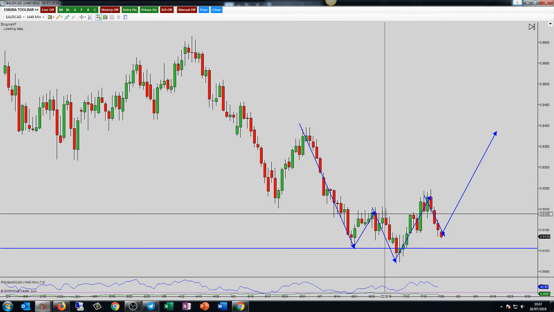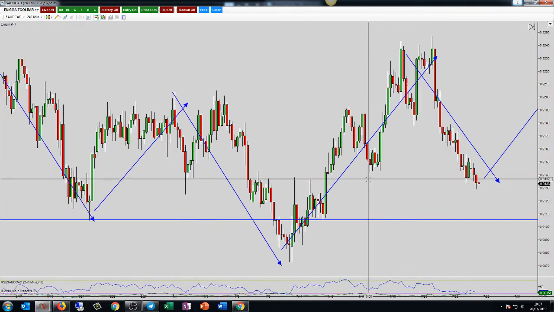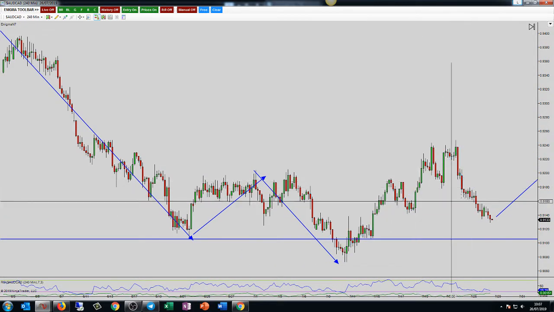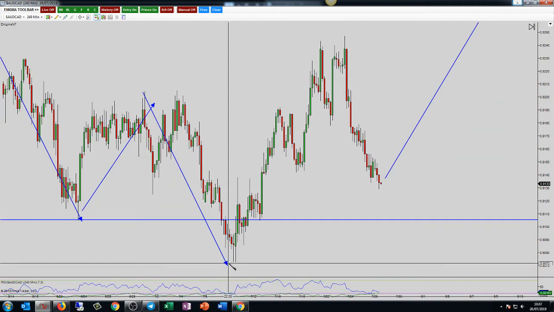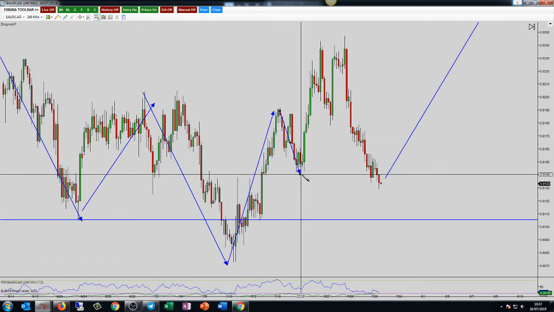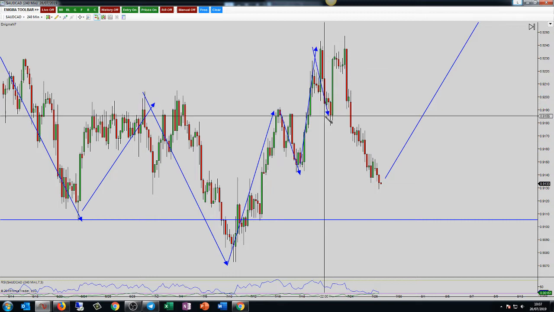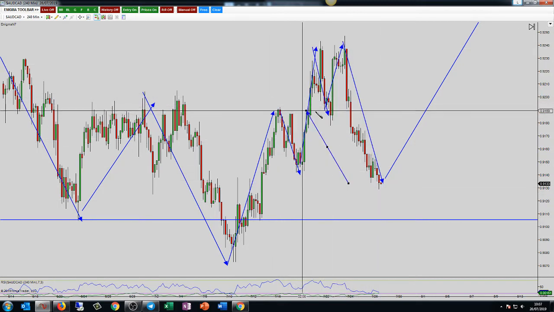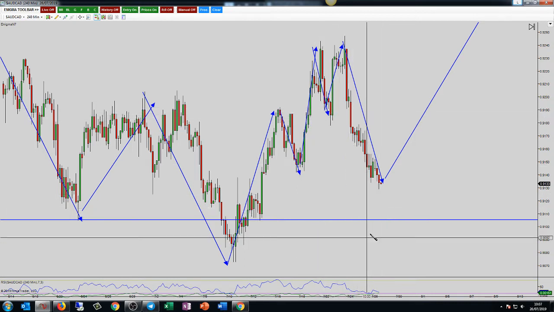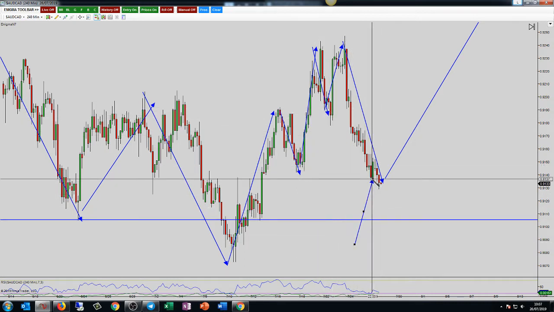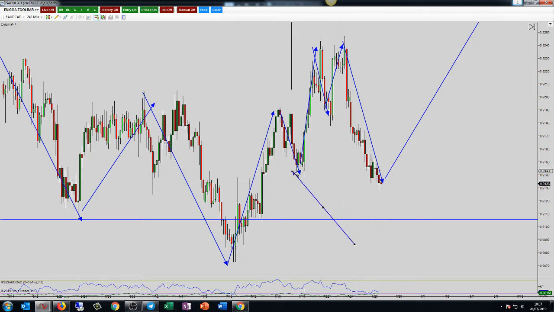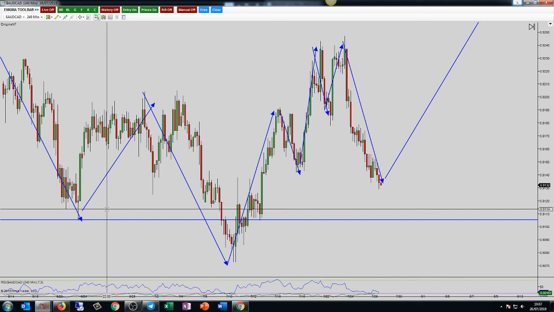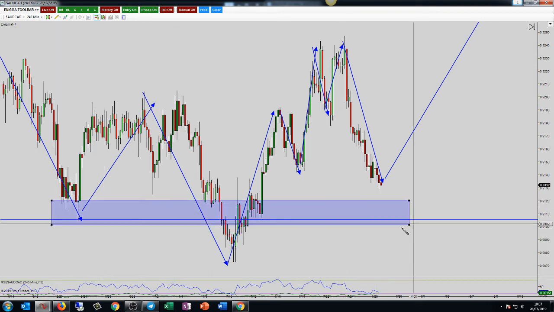So let's go and take a look at the 240. Okay, it's not going to be for me, but you had a move higher, a pullback, then we kind of double topped here. Wouldn't be a valid double top for me because we've come down into structure. But we have just been working our way lower here now, and we have now violated this level of structure, which is the outside return. And we're approaching this level of structure just here.